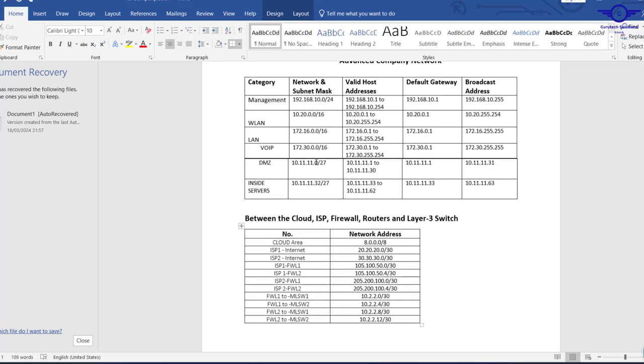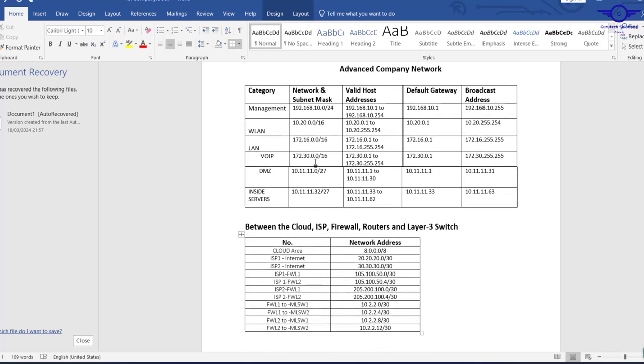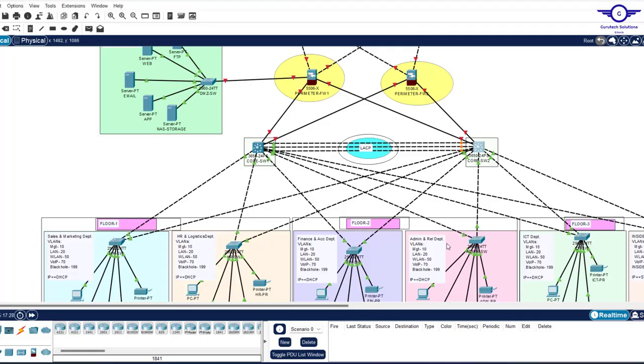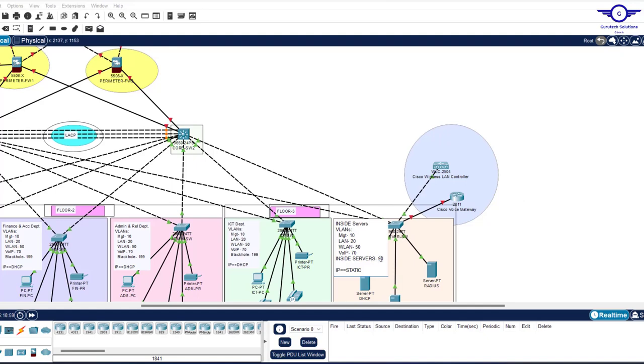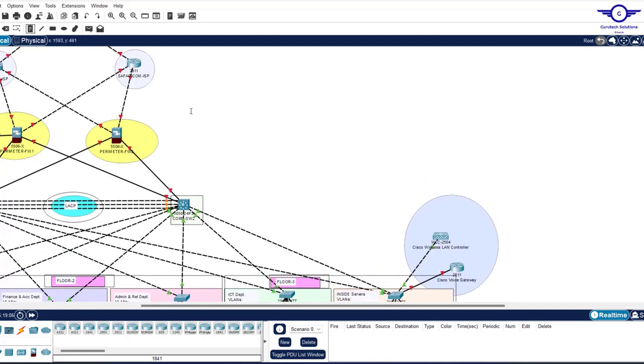So what I'm going to do is comment on the diagram which network is actually used where. I'm just going to do a very general comment on this topology. Good. So for IP addressing, I'll just copy this, come here, and paste it. I paste there. So for the management network,